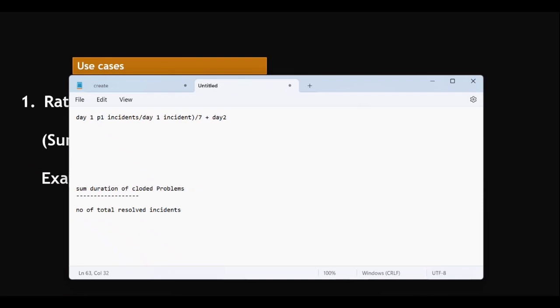Okay, closed problems by number of total closed problems. For example, if you have closed all problems, how many times? For example, problem number 1 took 5 days. Problem number 2 took 10 days. So 2 problems. So the average duration of closed problems is nothing but P1